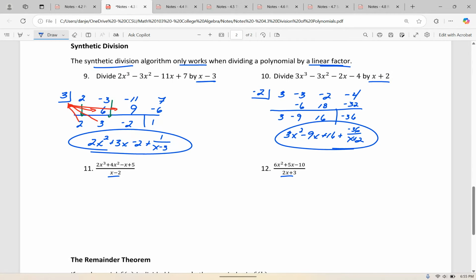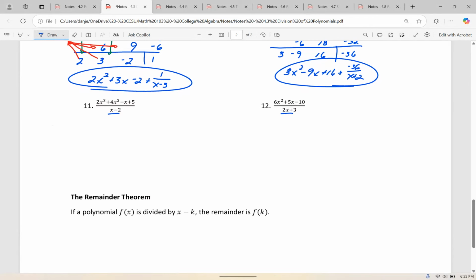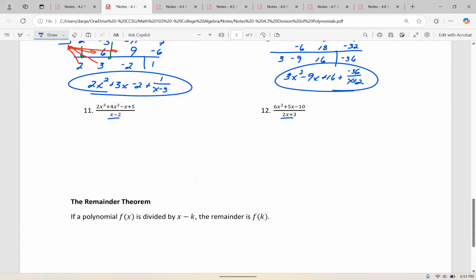Now if you recognize these problems, number 9 and number 10, they should be the same as the long divisions, number 4 and number 5. So we're getting the same solution, the same quotient and remainder for each of those, but there's a lot less work that we need to do for those. Let's do number 11. Okay. Number 11,